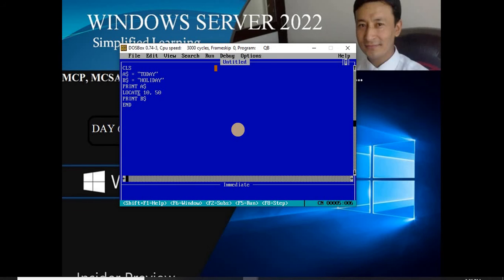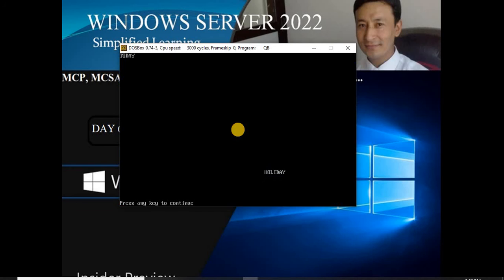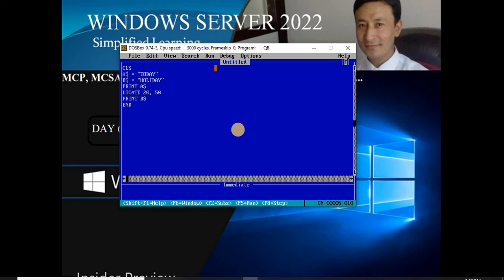If I change this to row number 20, because we do have up to 25, so I'm going to give 20. If I run this program, now it's going to execute in row number 20. Have a look. Okay, so that's why it's going to help you a lot whenever you want to print your data in any pattern format, any designing.